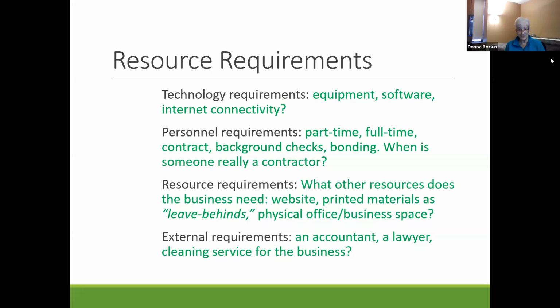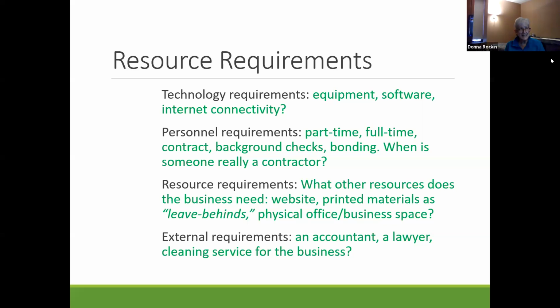But think about how much your kids know about the internet and web development and using Adobe and software, etc. So if you can pay your teenage child to work for you, salaries are fully deductible. Allowances are not. So think about your part-time help when you need full-time help.